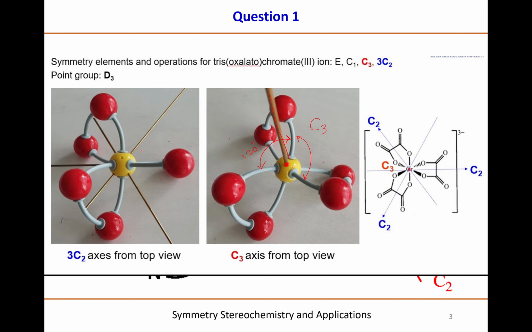It will pass through this point and this point. So this axis is passing through here, and if we rotate from this axis by 180 degrees,